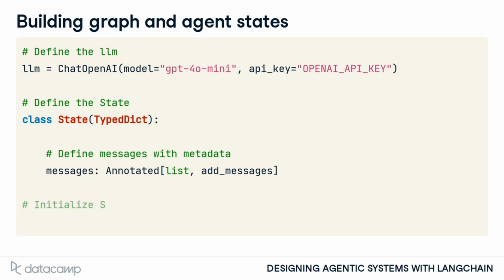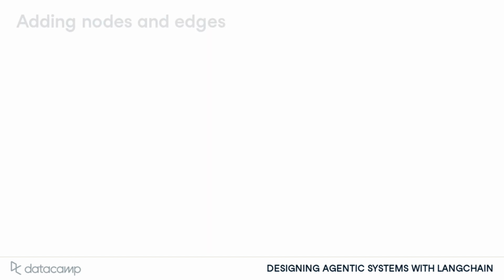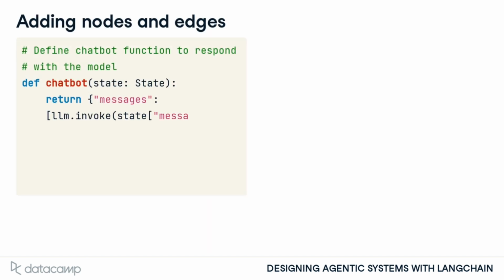Next, we'll initialize a state graph called graph_builder and pass in our state structure. The graph_builder will organize the nodes and edges in the chatbot's workflow. Let's now define the main function node called chatbot that accepts the State class. Using the llm.invoke method, it'll use the messages content in the state dictionary to generate a response based on the